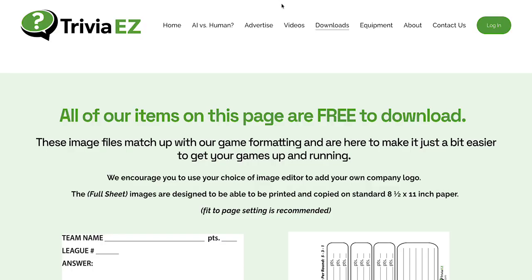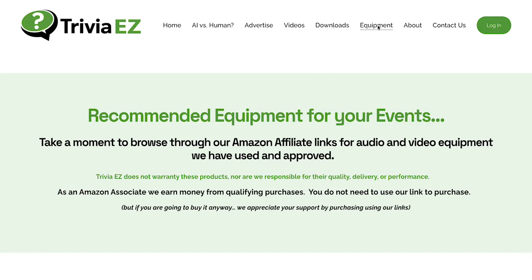Once you've added your logo in your editing software, you'll be able to come back to Trivia EZ, and then we'll navigate to the equipment page. The equipment page is recommendations. These are things that we have used and know that they work, and if you would like to use them